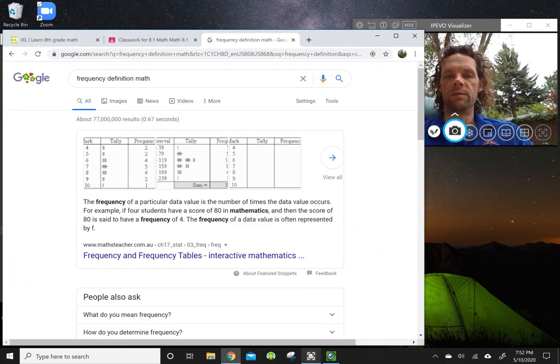Welcome back. It is Monday, May 11th, and today we're going to get started with a new topic. We're going to analyze some data. We're going to look at two-way tables, two-way relative frequency tables, and as you see on the left side of